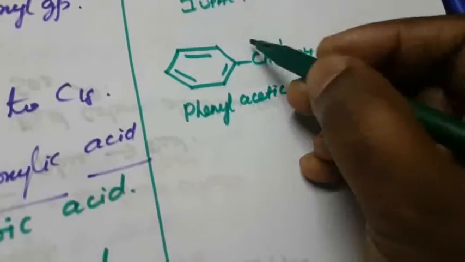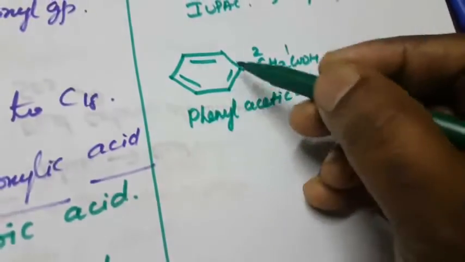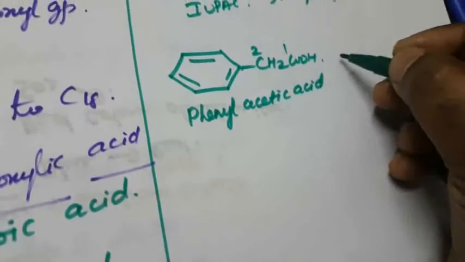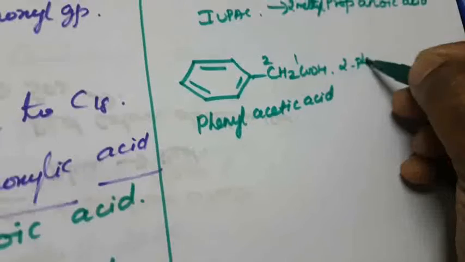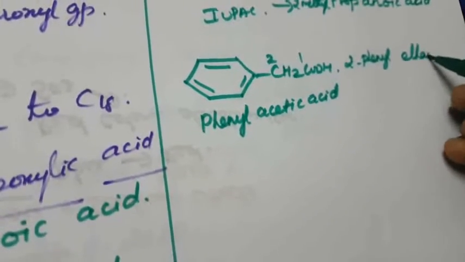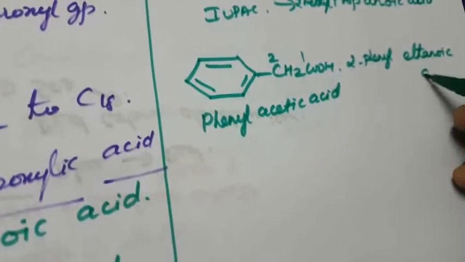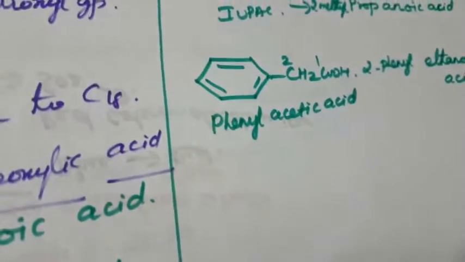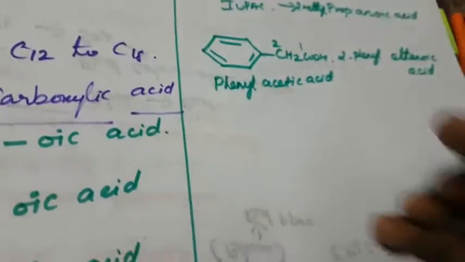Again, how to write the IUPAC name? 1, 2, so the second position contains the phenyl group. So the IUPAC name is 2-phenyl ethanoic acid. Okay, so this is another one. So the next one is